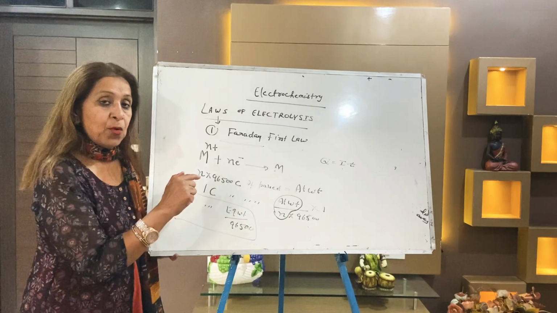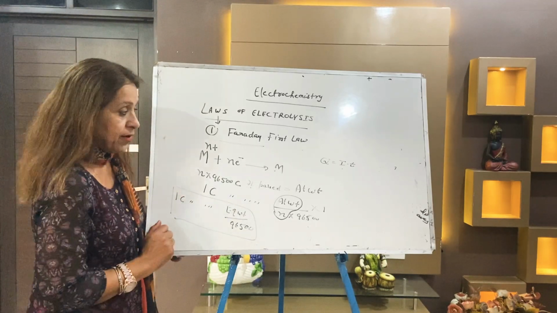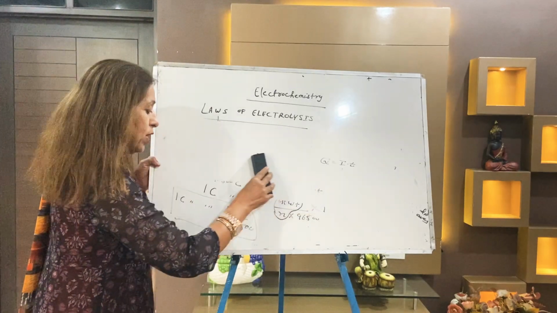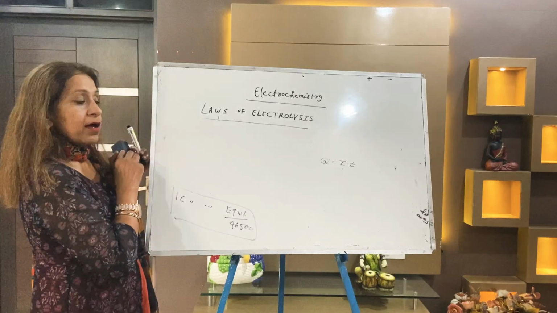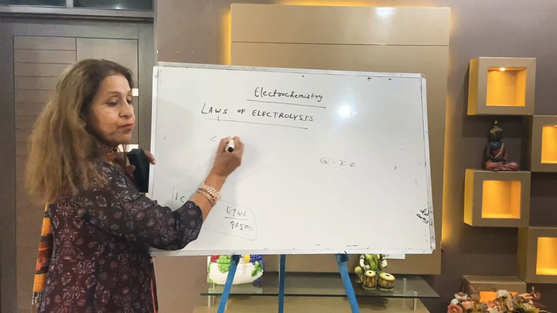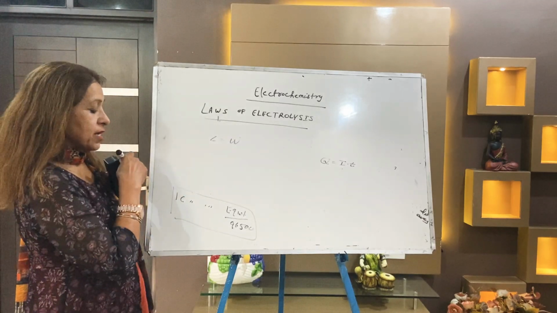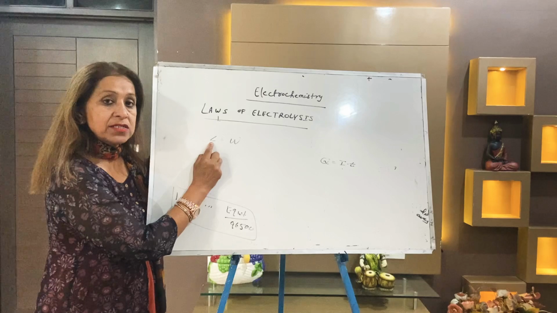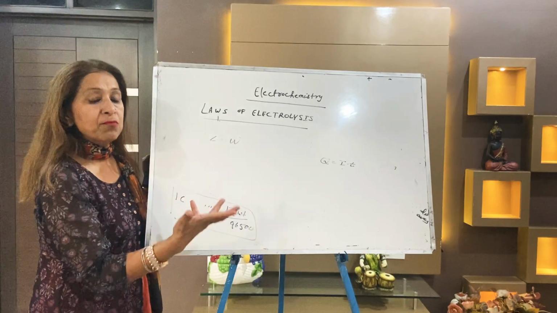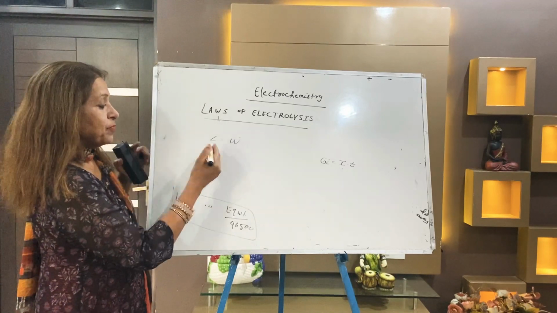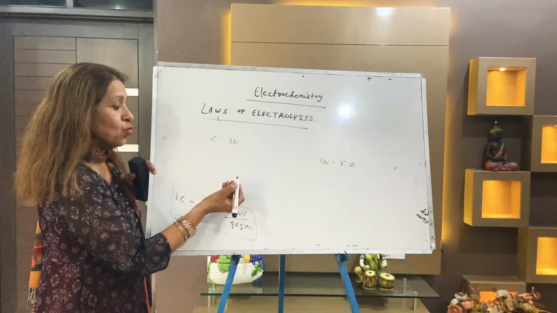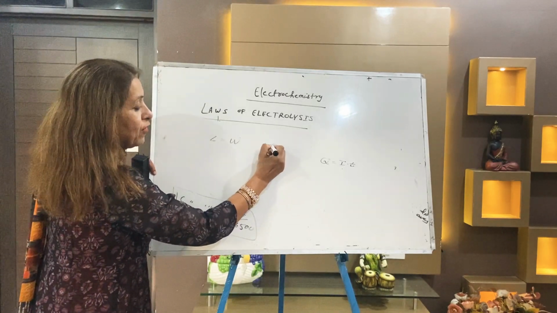Now you take the first point. When I covered the first, what I dictated. Now note down. Now I am going to rub this. Now when 1 coulomb is passed, at the end of the first point I wrote Z is equal to W. So what is Z? Z is the electrochemical equivalent. It is equal to the weight of the substance liberated when 1 coulomb of charge is passed. This means here 1 coulomb of charge is equal to this, and here 1 coulomb of charge.